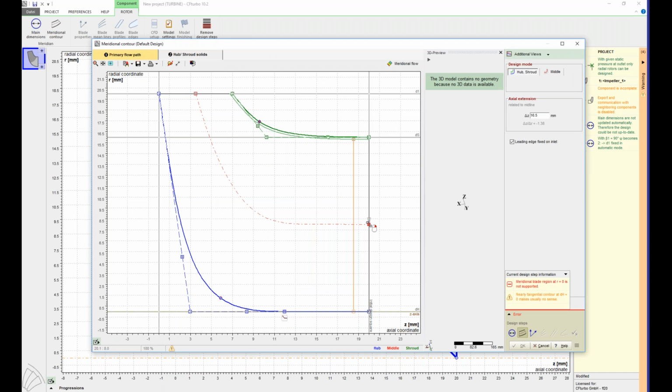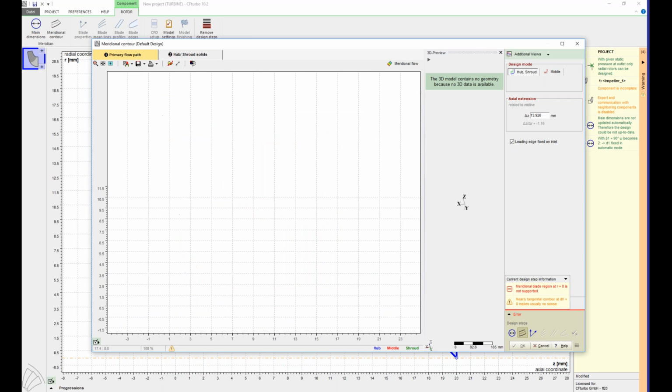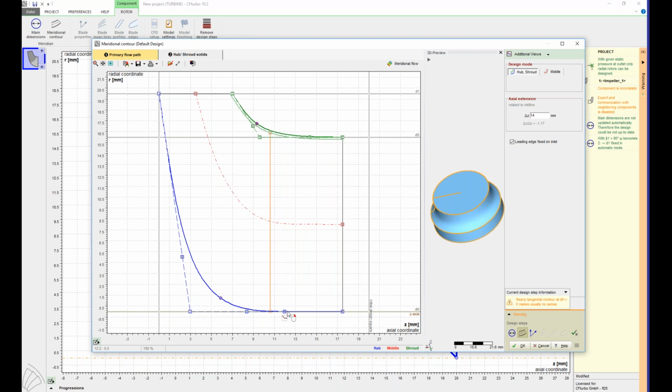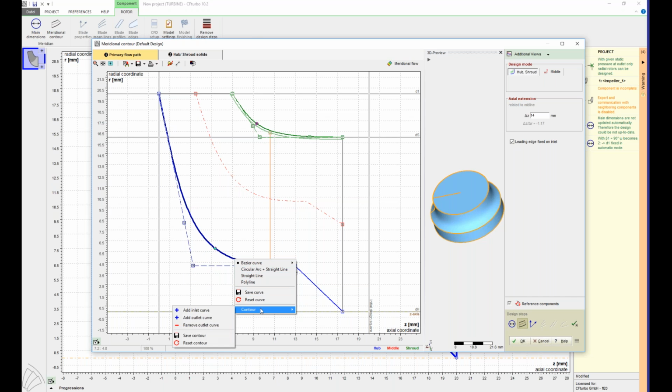Here I can set the axial extent to a certain value. I can also right-click and put exact values on the control points. I can grab the control points of the trailing edge and position it somewhere. And as I said, I want to create a spinner here right now. I move that hub control point to a certain location, and I introduce another piece of curve,